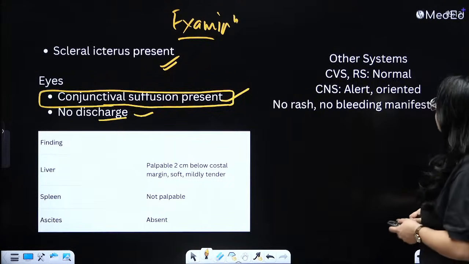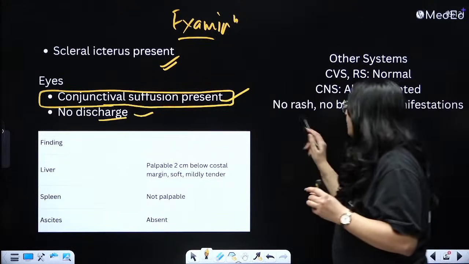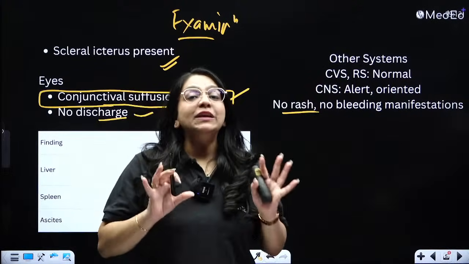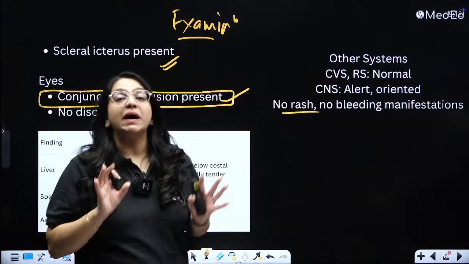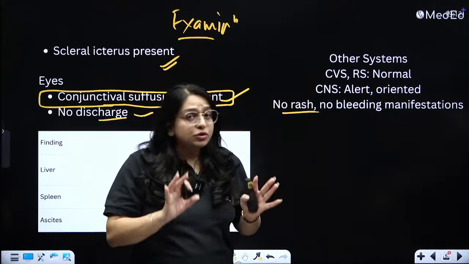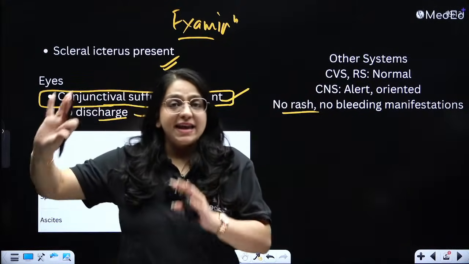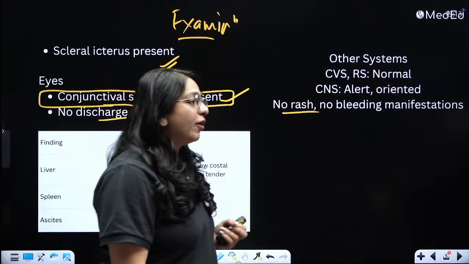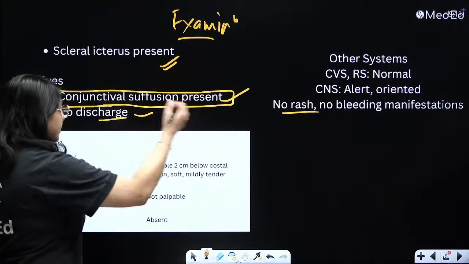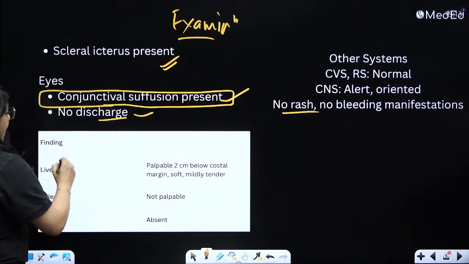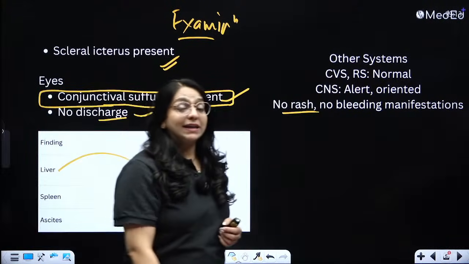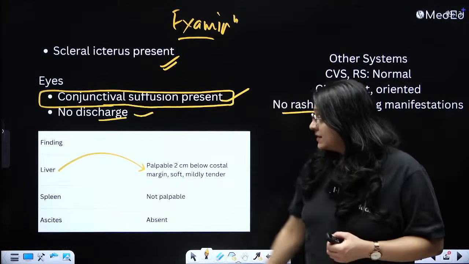Then other symptoms of CVS, respiratory, CNS, everything's normal. There is no rash and there are no bleeding manifestations. Then many causes of viral hemorrhagic fevers, bacterial hemorrhagic fevers also can be put on the side for now. But you can definitely not forget about important viral causes of jaundice. Then, when we palpated the liver, it was palpable, meaning there is hepatomegaly, liver is enlarged,